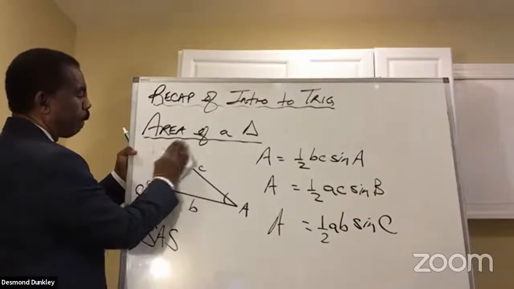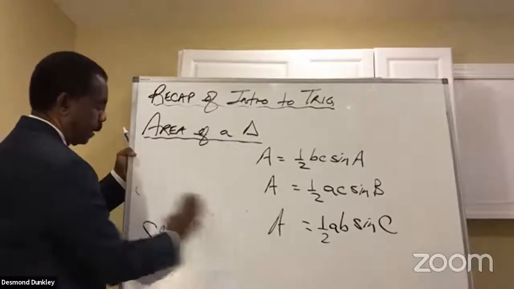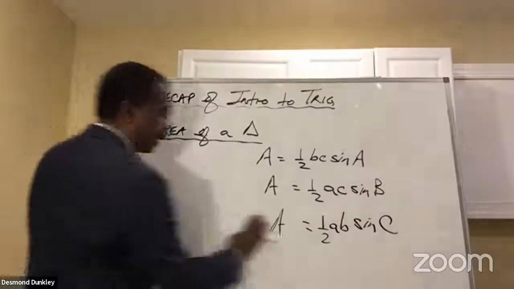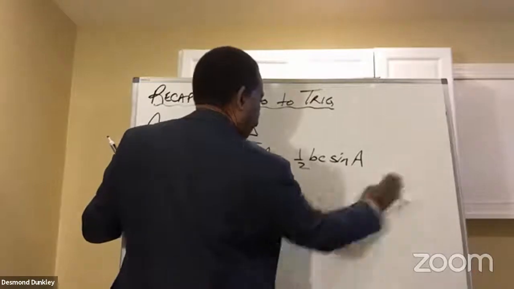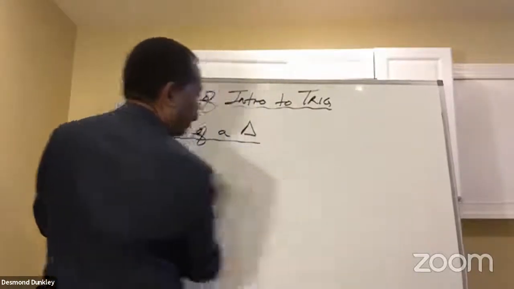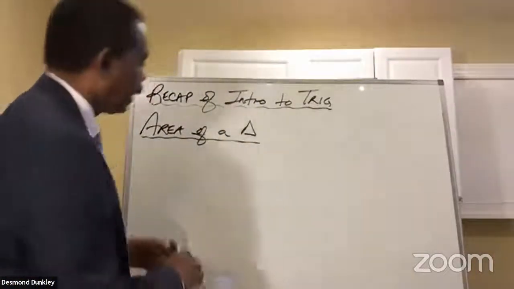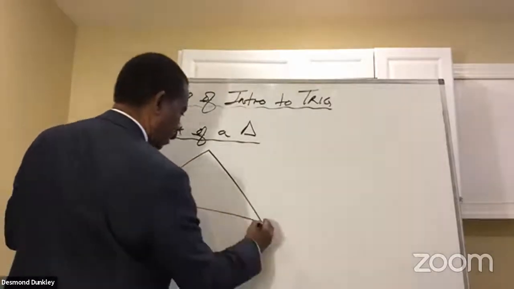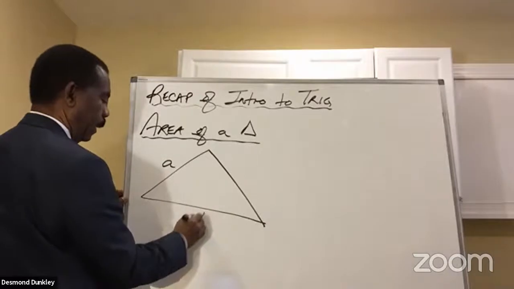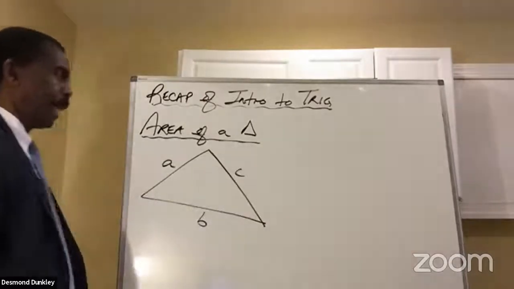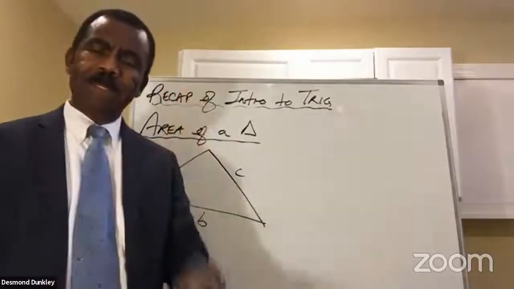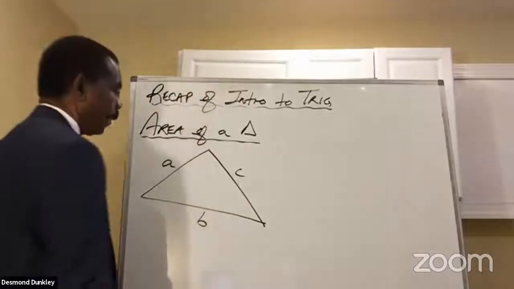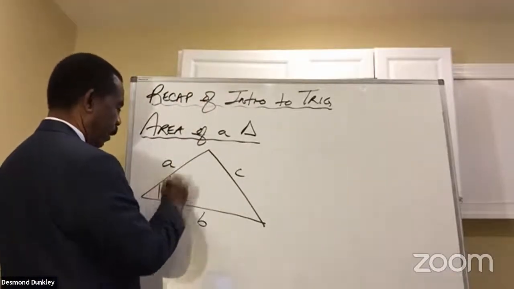The third concept goes like this. Or the third method says that if you have any triangle and you know A, B, and C, any triangle and you know all three sides, then you can find the area